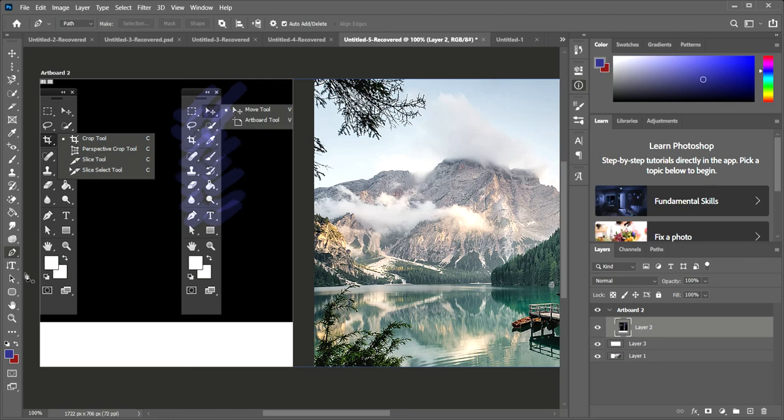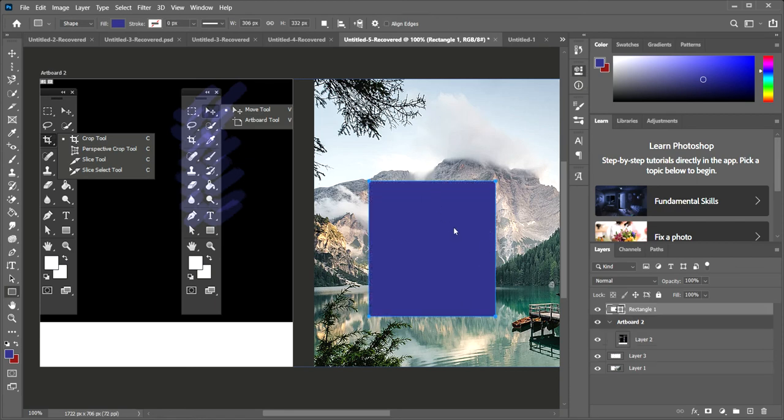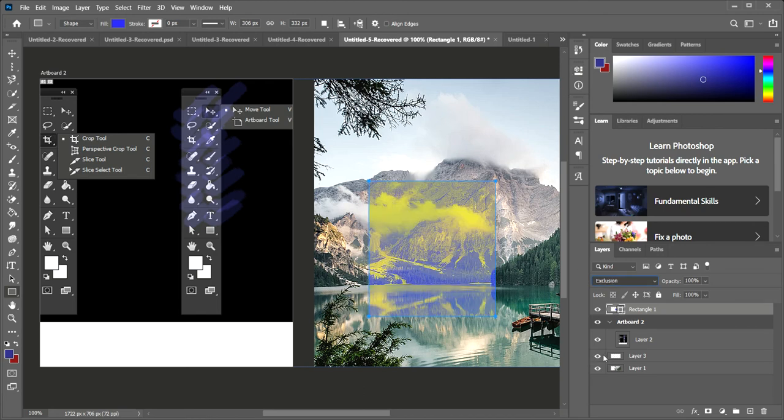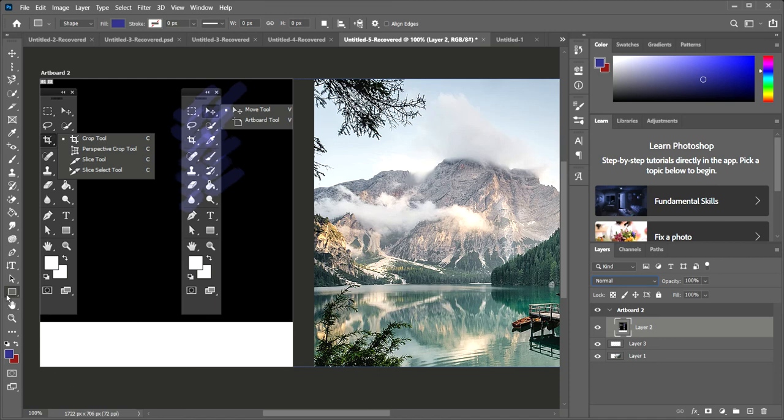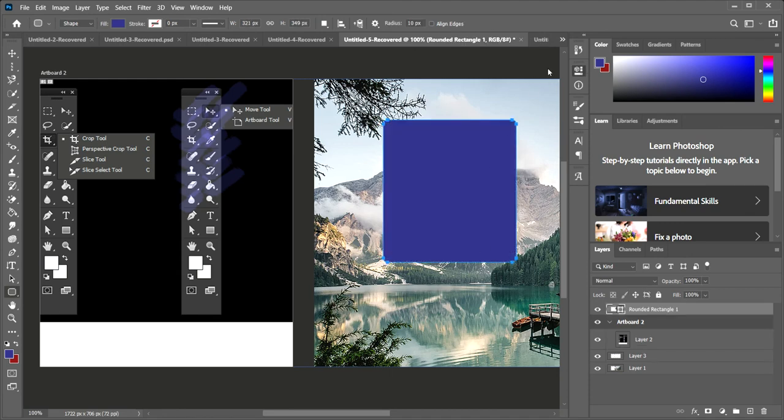Then we have the shape tools, like rectangle, rounded rectangle, ellipse, polygon, line tool, and custom shape tool. First of all, the rectangle, you all know this is used to make a rectangle. It will create the shape and color, and you can drag it here. You can click it from normal to exclusion of the screen color so that it will create. Elliptical is also the same, polygon and every shape, whichever you want to do. Like I'm doing elliptical, also the rounded one, it will automatically change.